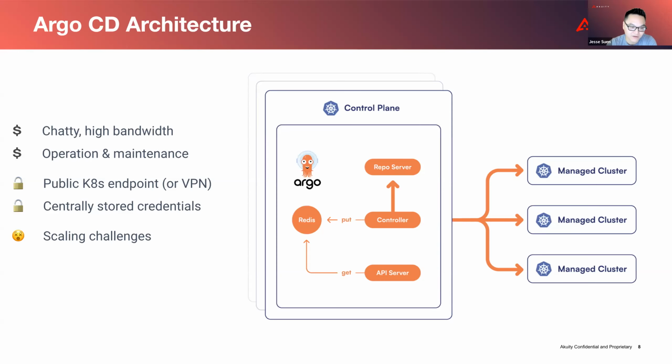And the last thing that people eventually hit as they scale up their cluster usage is scalability. So this controller component that you see here, there's a limit to what it can handle. So as you are adding more and more clusters, you have to keep bumping up those CPU and memory requests and limits. But there's a limit to that, right? So then you start needing to shard the controller. So maybe you run multiple controllers and assign different clusters to different shards.